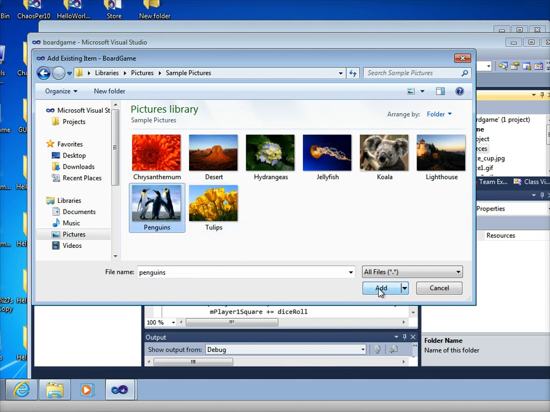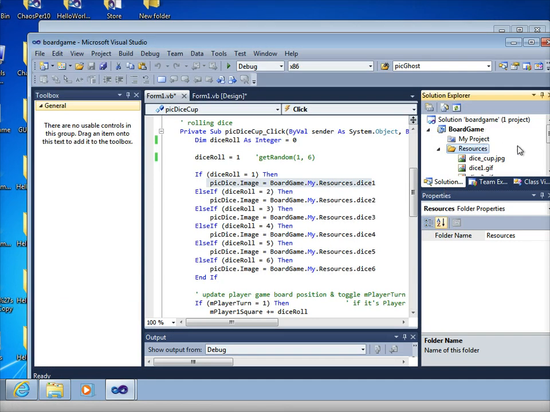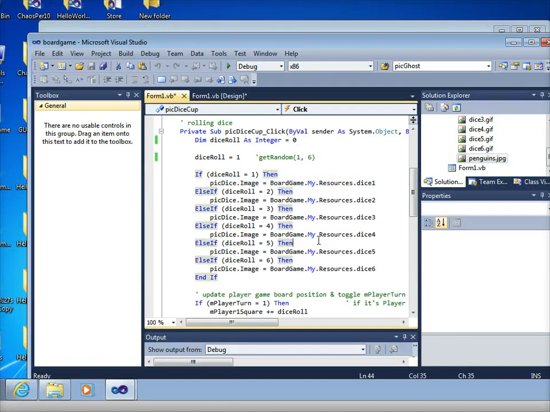And now I'm going to click Add. And over here now, I should have penguins. Oh, isn't that cute? And I can come down here, and instead of dice 1, I could train my project to show penguins. See, penguins, even though it's a JPEG and not a GIF, it'll still work. And when I run the program and roll a 1,